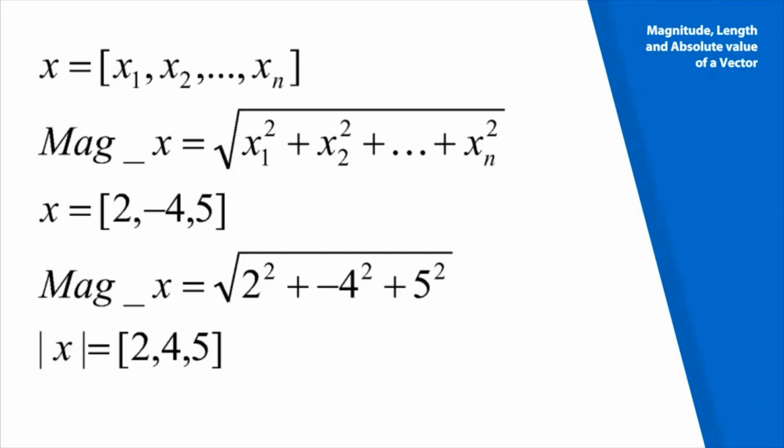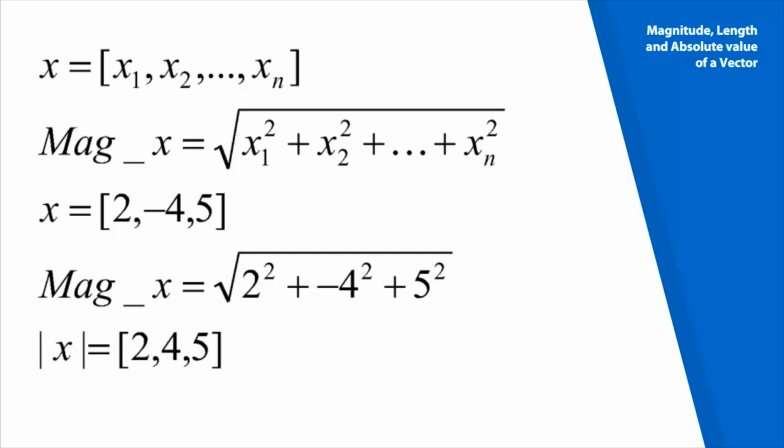Before moving forward, let's have a small discussion about magnitude, length, and absolute value of a vector. These are the terms people generally get confused in engineering. So let me clear this up, as these are going to be used in this course frequently. Let's say we have a vector x with terms x1, x2 till xn. The length command that we use with a vector gives us the number of elements in the vector. In this case, the number is n.